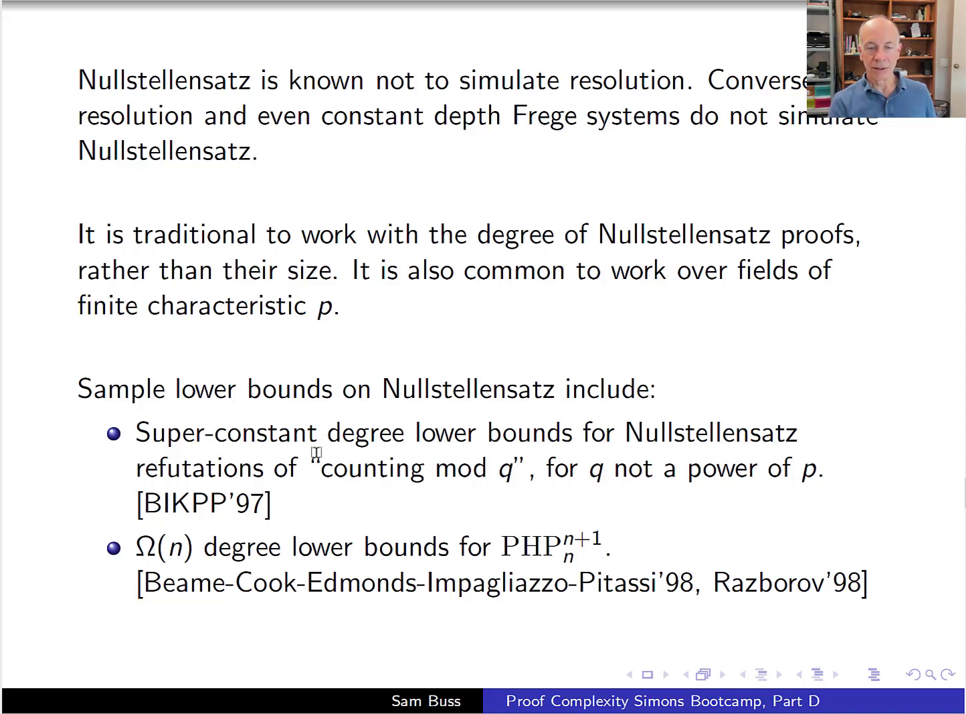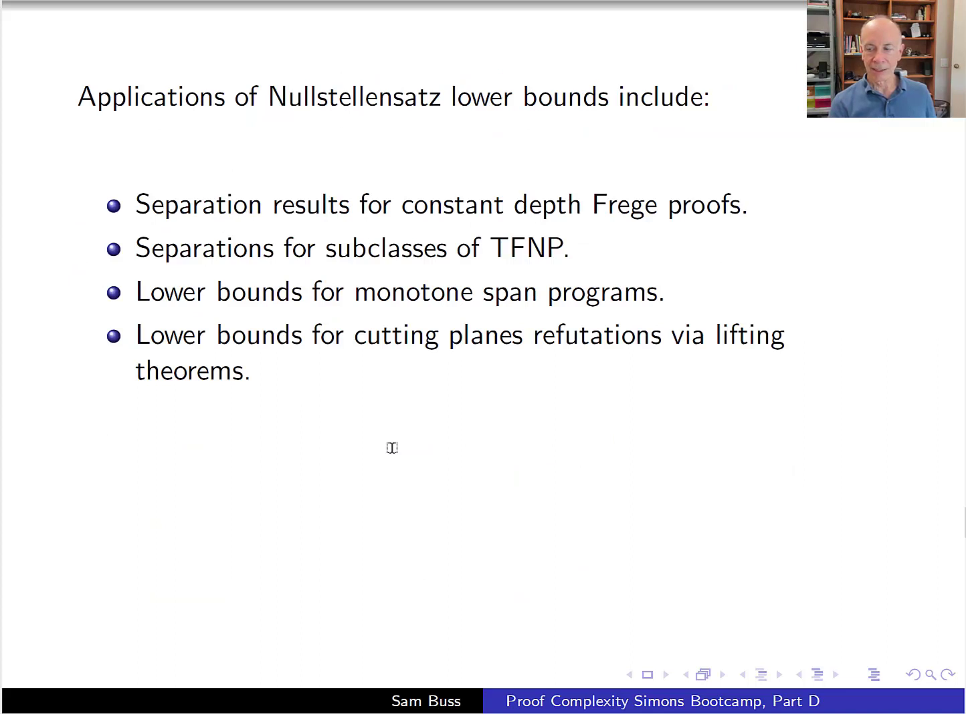And a stronger result then is linear lower bounds on the degree for the pigeonhole principles. And this is due, the first such lower bounds given by Beame, Cook, Edmonds, Impagliazzo, and Pitassi, and the strong linear lower bounds given by Razborov. So we have very nice degree lower bounds on Nullstellensatz, as well as we can get size lower bounds. I don't want to say too much more about this except to say that there's lots of applications to Nullstellensatz lower bounds. This includes separation results for constant depth Frege proofs. This was the initial reason for